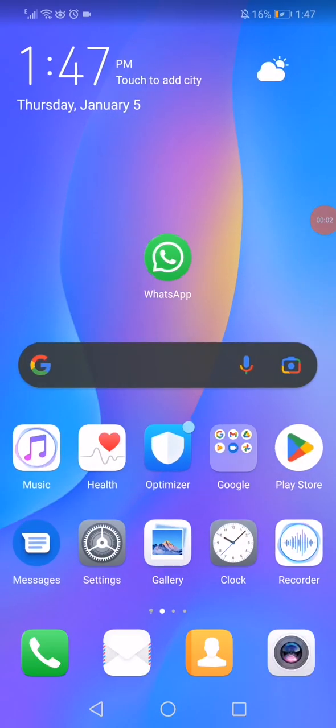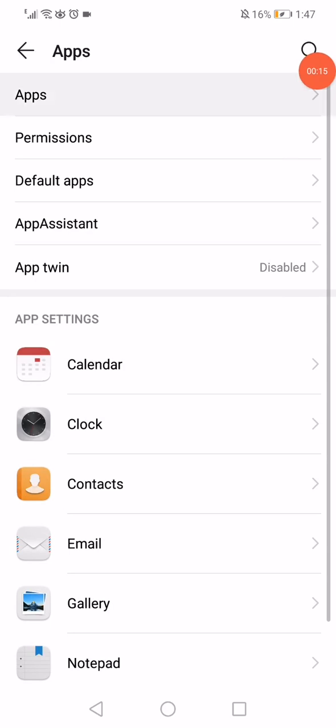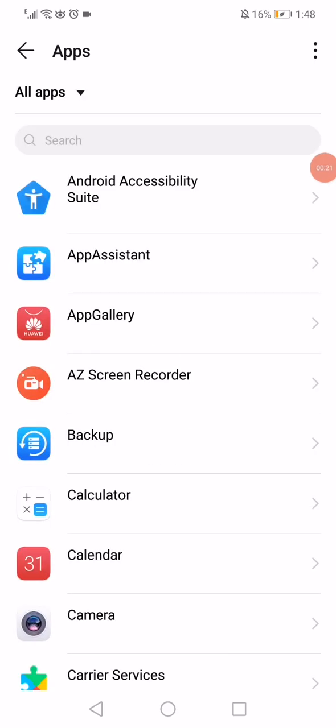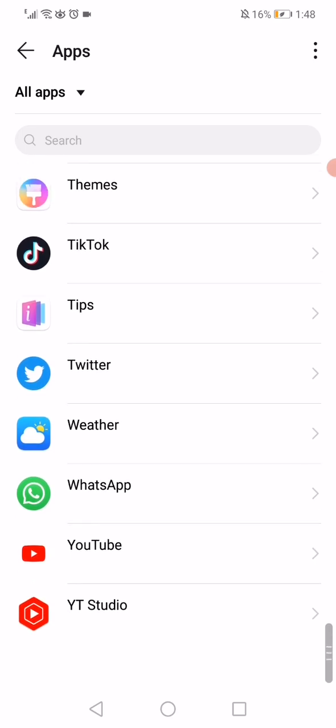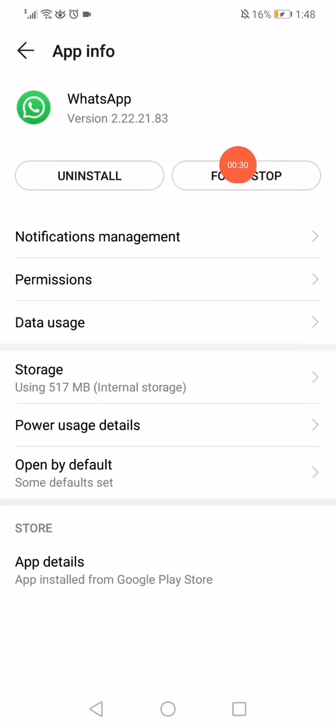How to fix WhatsApp chat backup stuck easily and fast. All you want to do, guys, to fix this problem is actually so easy. First thing, you have to open the settings on your phone, open the apps manager, go to the apps like this, and now on this step, all you want to do here is very simple. Scroll until you find WhatsApp, click on it, and then click on force stop in the top here